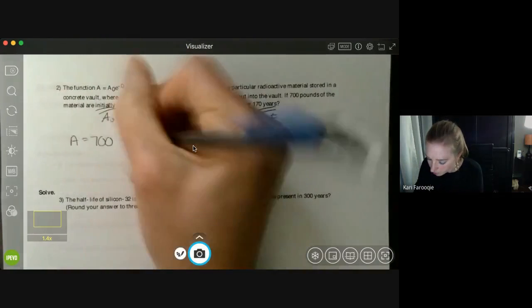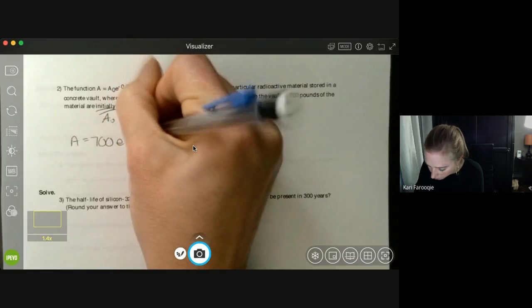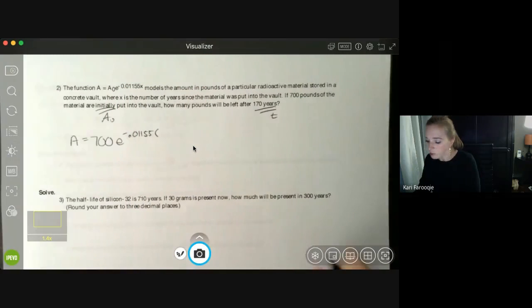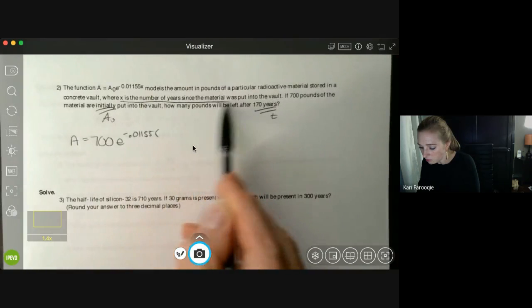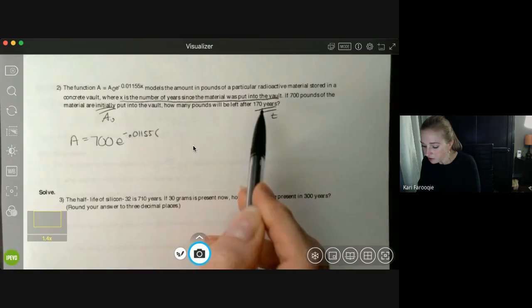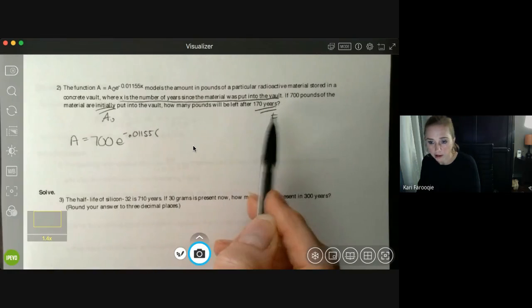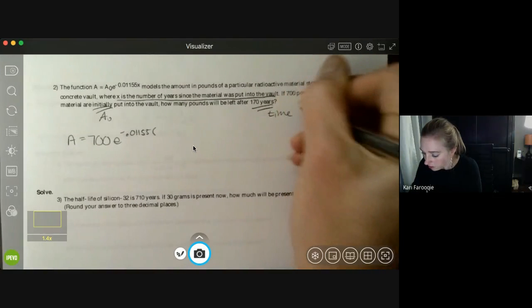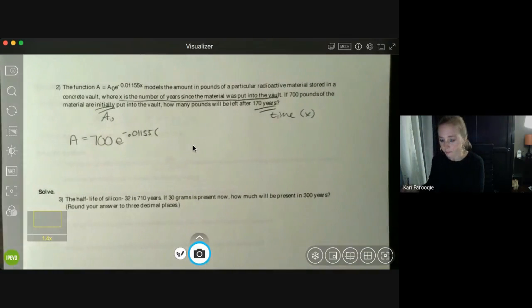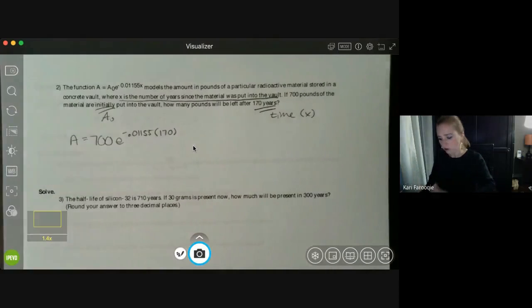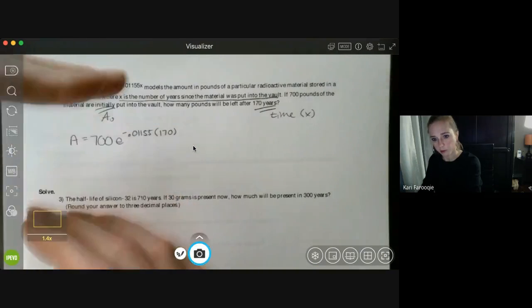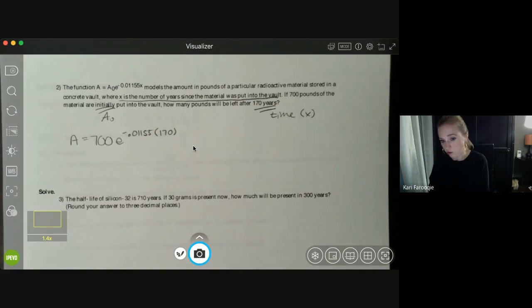That's our initial amount. E to the negative 0.01155. And then remember that you were told X is the number of years since the material was put into the vault. So that would be 170 years. Now I called it T. Technically that should be time, which in this case is X. Now again, you were given a little amount of space to do this one, because this time you're not trying to solve an exponential equation. You're just trying to evaluate an exponential expression. So you can put this into your calculator